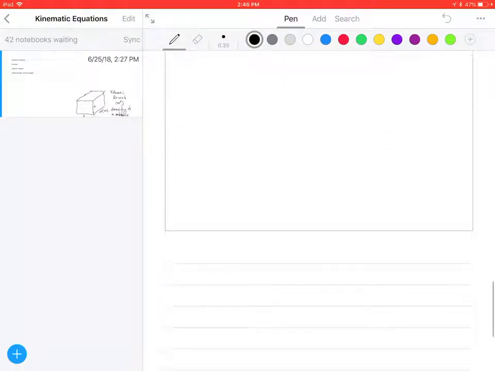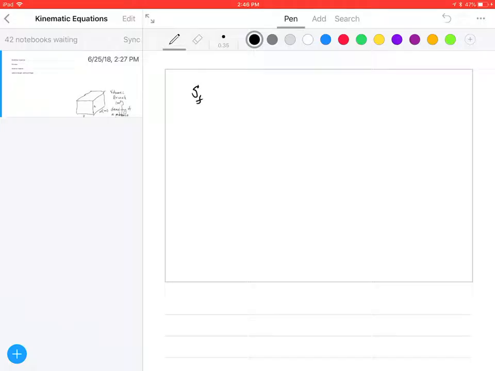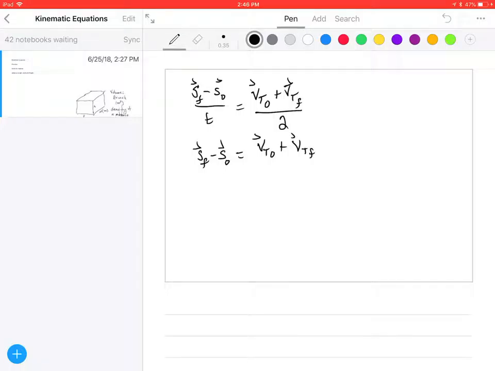Alrighty. So this is going to be SF minus S initial over time equals VT initial plus VT final all over 2. We're going to call this equation number, well, before we even call it something, let's just go ahead and represent it in terms of SF by itself. So that's going to be VT initial plus VT final over 2, all of this times